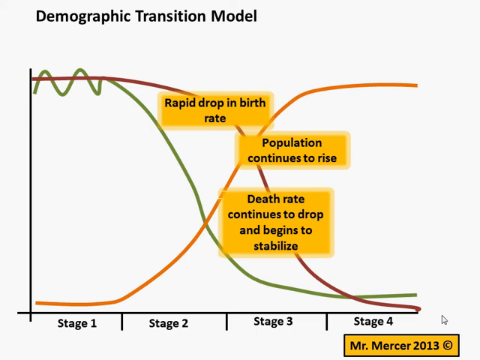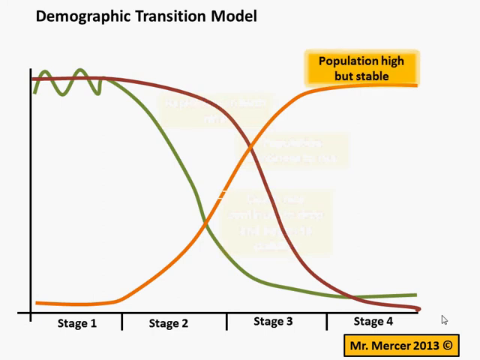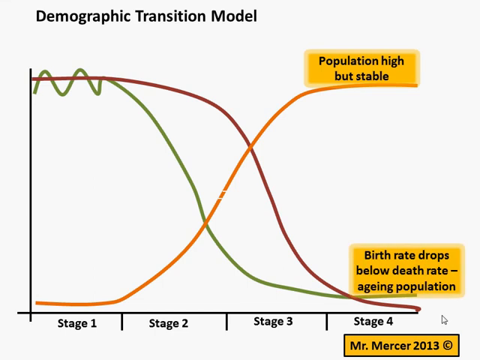Moving on to stage 4. In stage 4, what we see is the population is high, but it's stabilised. And that the birth rate has dropped below the death rate, resulting in an ageing population. Now, there are two and a bit descriptions there. The explanations here are interesting